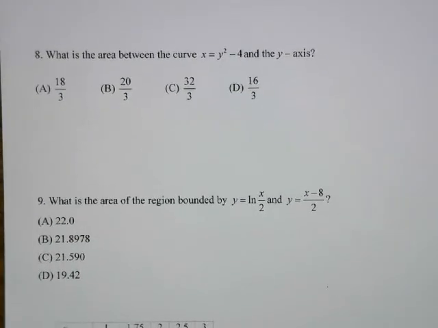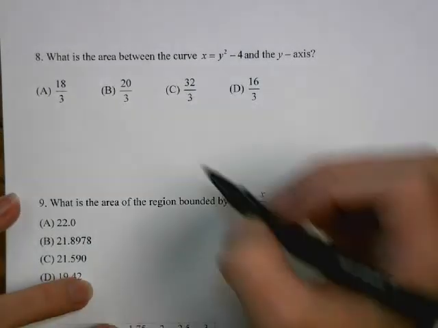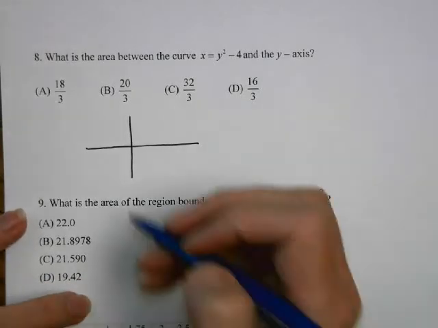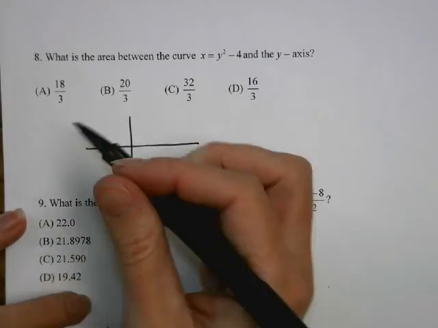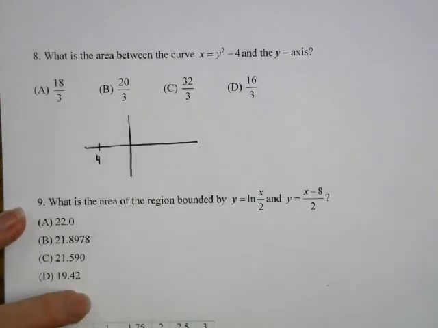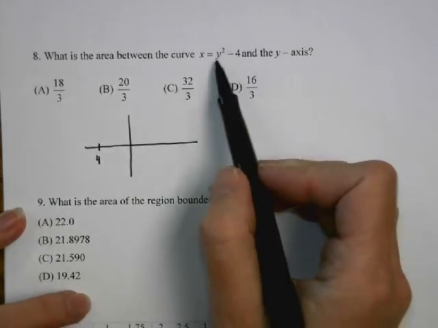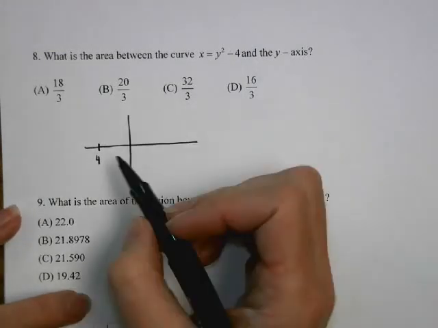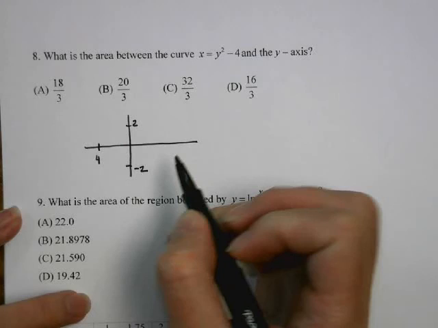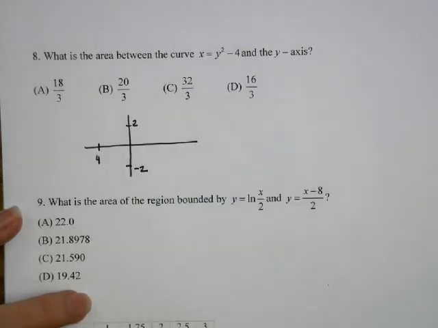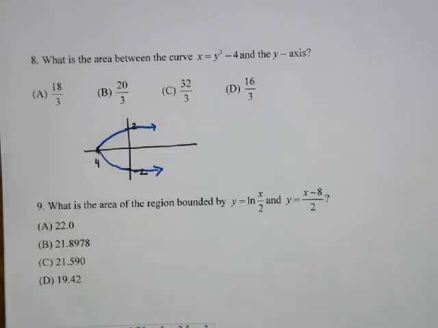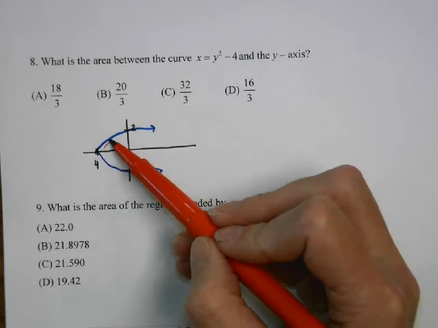Okay, so it's the area between x equals y squared minus 4 and the y-axis. So this is going to be a sideways parabola moved back 4, because if we plug in a y value of 0, we have an x of negative 4. When x is 0, my y's are going to be at 2 and negative 2, because those are the two things that will make that 0. So I have a graph that looks like this. So we want this area,